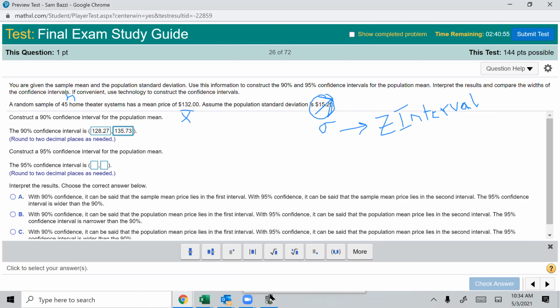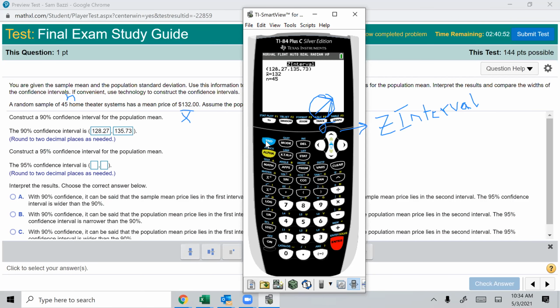Now, 95% confidence interval. So you go to stat, tests. Let me just clear the interval again, guys. And it's the same thing everywhere, guys. I just need to change this to 95. You remember the 95 is wider always than the 90% interval. So you get the 127.56